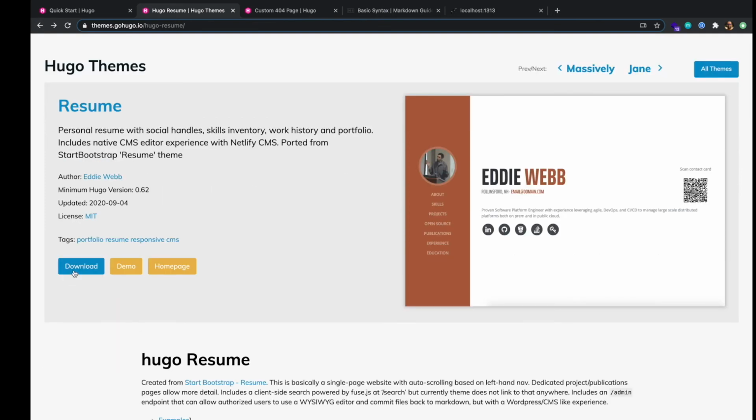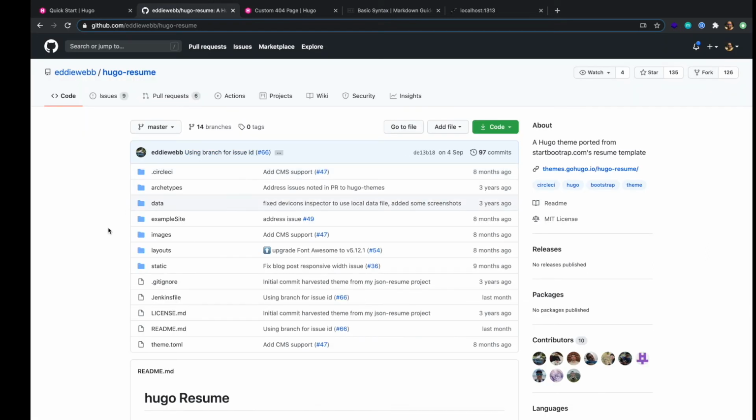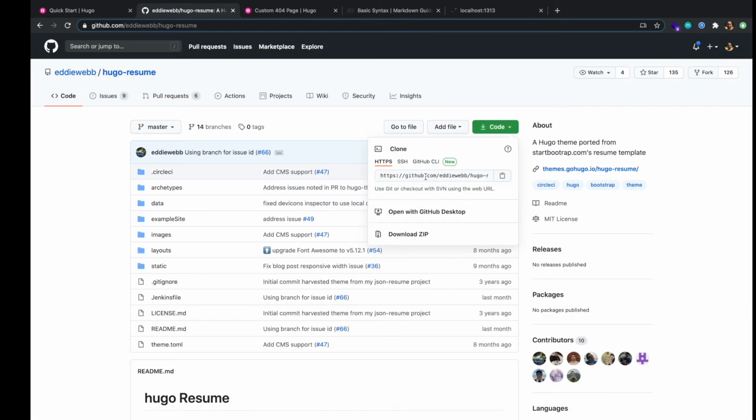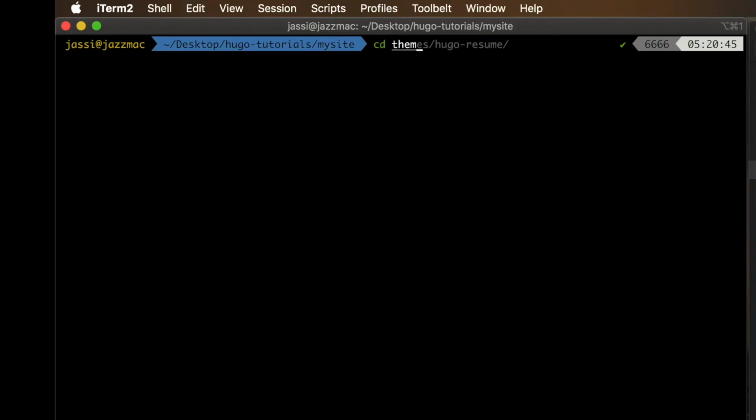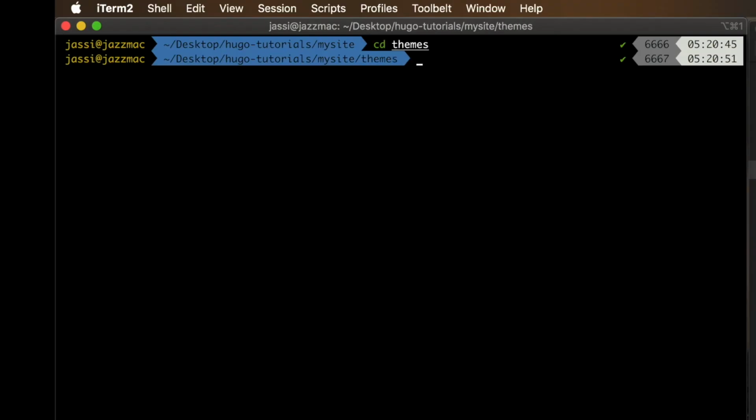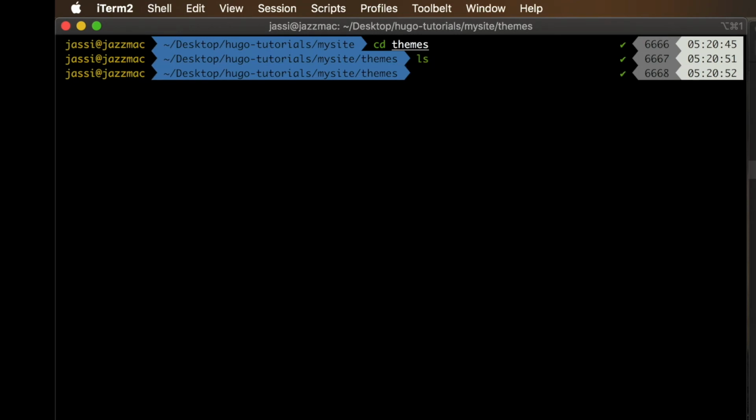So to download the theme, you need to go to its Git location and you just need to copy this. Control A, Control C, and I will use the git clone command. So now there is a folder called themes and we can confirm that it is blank now.